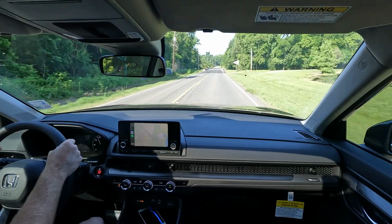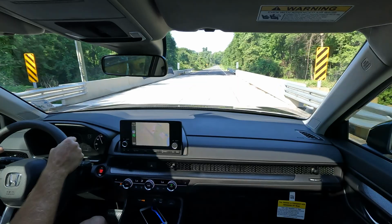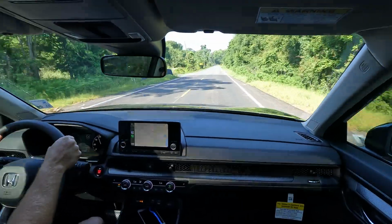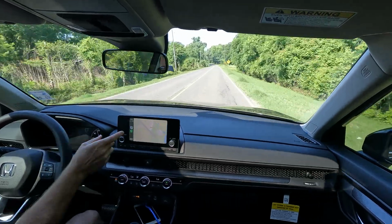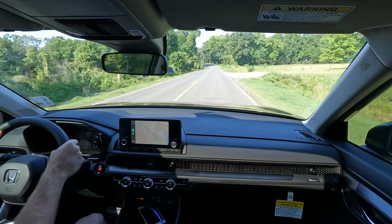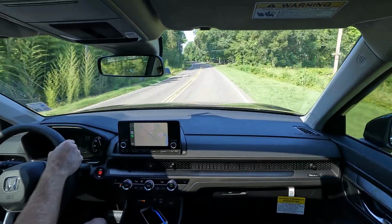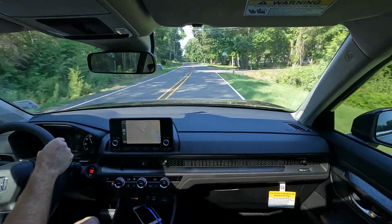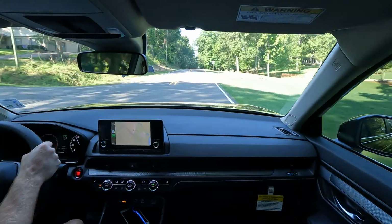You can see on the screen that I paired my phone, which really is not so much pairing as it may sound like. I just plugged in my USB cable and plugged in the phone and then hit connect right there, and then it asks me if I want to use Apple CarPlay, because obviously this is what I have. It's the same thing if you have an Android device, so just super simple, literally plug and play,